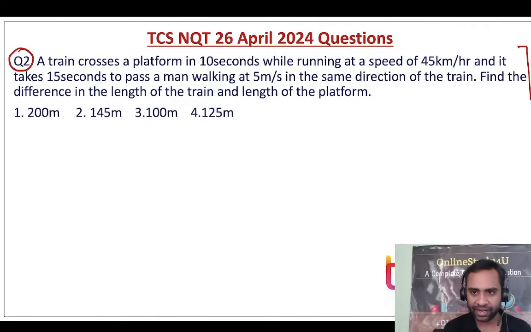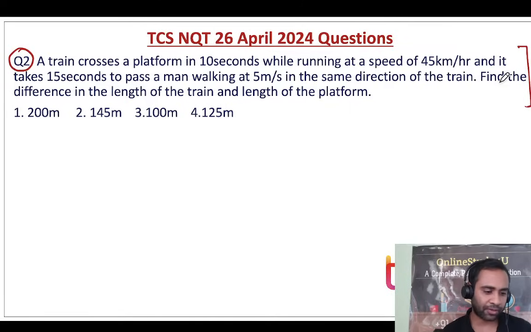Now can you please try out this question and tell me the answer? Because as train problems they have asked, we need to solve similar kinds of problems in the exam. Okay, can you please like the video? So a train crosses a platform in 10 seconds while running at a speed of 45 km per hour, and it takes 15 seconds to pass a man walking at 5 meter per second in the same direction of the train. Find the